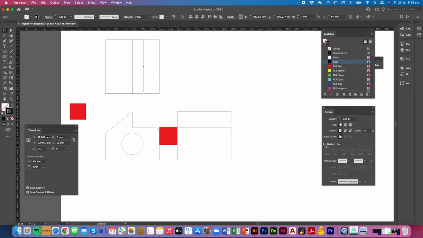Select your line, make it a dashed line. Let's take a look at that. Those dashes are too big, so make this back perhaps to 6 point. That looks okay. Repeat that line here for the hidden line. I'm going to use another hidden line, rotate that one,